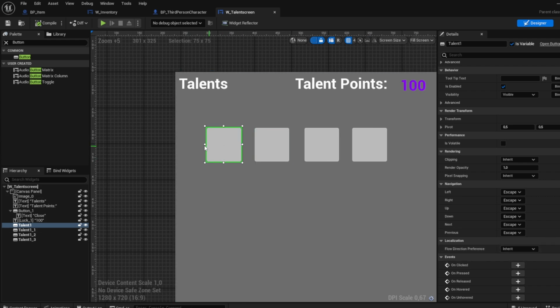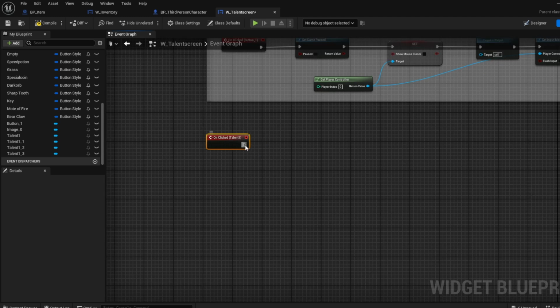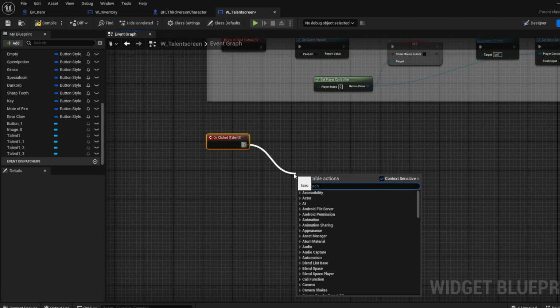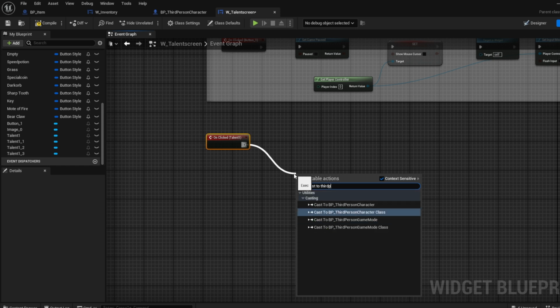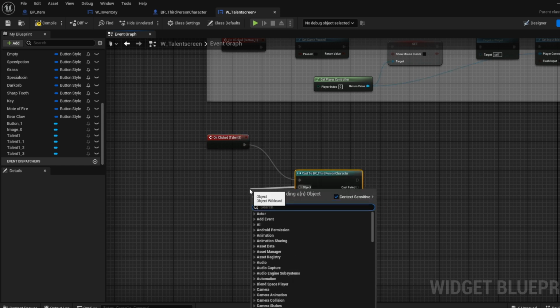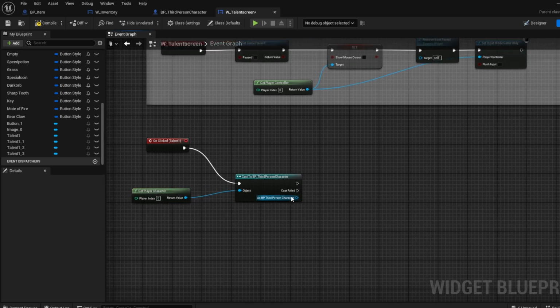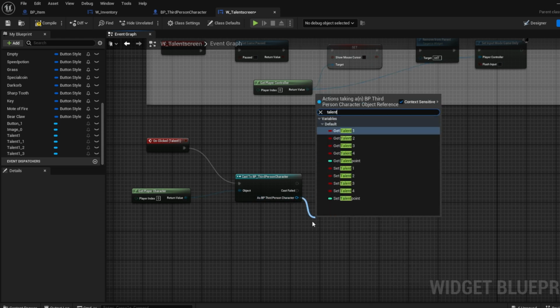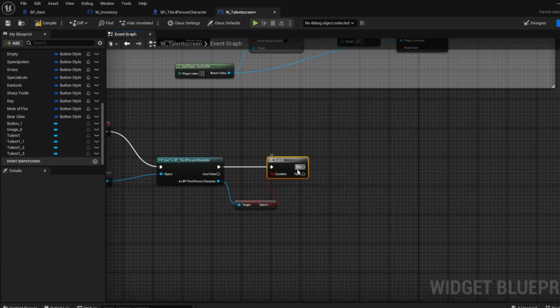And then what we do is we press on this button, we go to onClicked, and the onClicked event will say, well, first it will cast to third person character, and then it will be get player character, and then from here it will say branch, and it will go to get talent 1, and it will say, do you have this talent? If you have this talent,